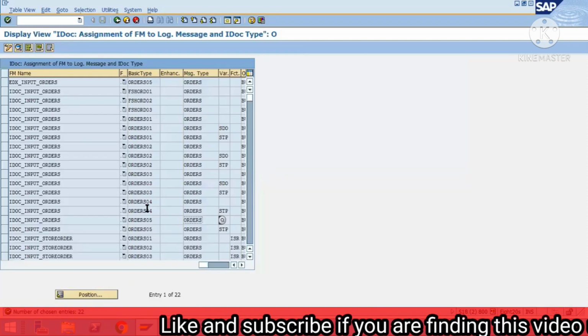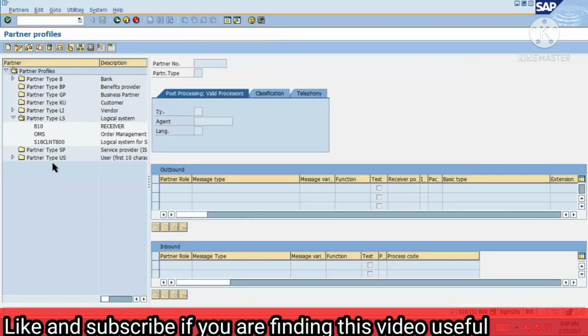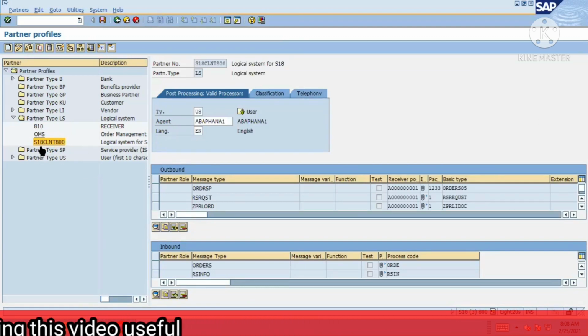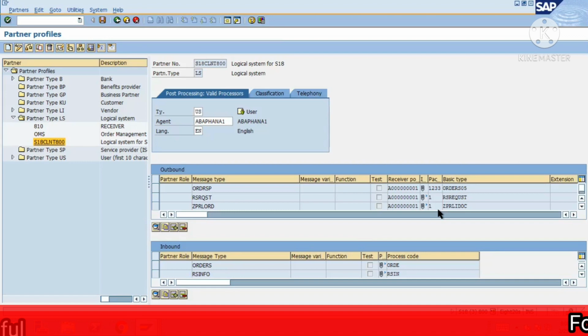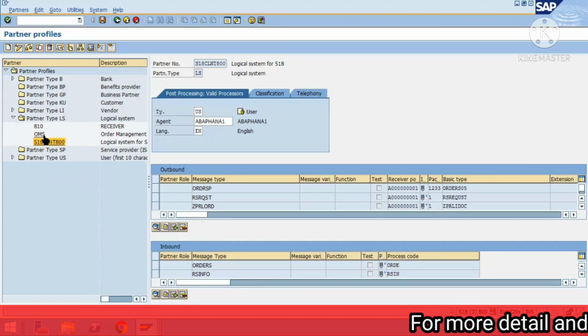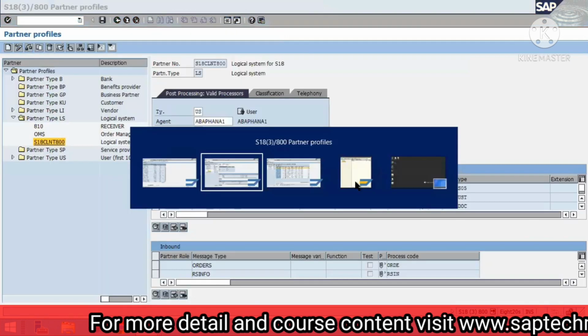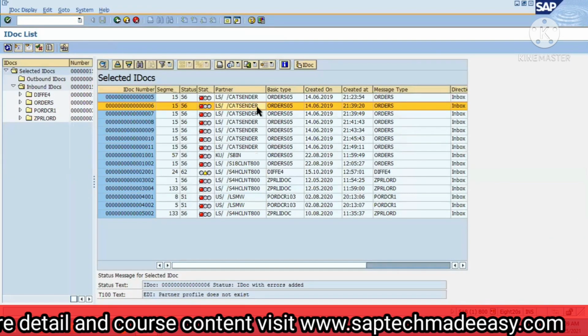Let's see if the partner is listed over there or not. If the partner is not listed, see here, this partner is not listed. So we can't do it in such a scenario, because the proper configuration is not there in the system, so you will not be able to identify it.